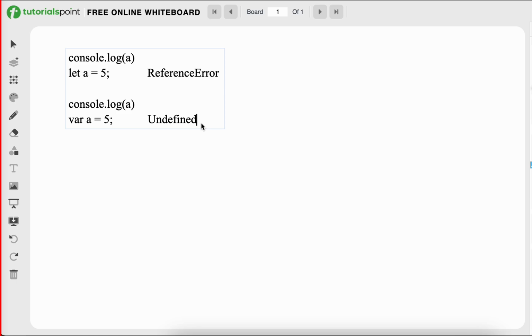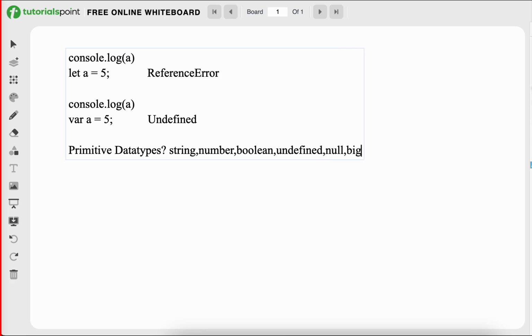Can anyone tell me what the JavaScript primitive data types are? Yesterday we discussed it actually. Can anyone tell what the primitive data types are? String, number, boolean, undefined, null, and BigInt.